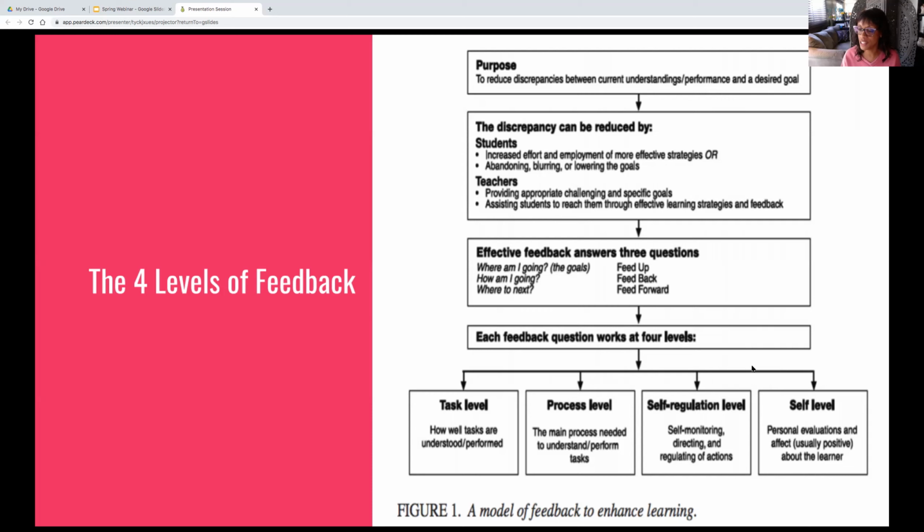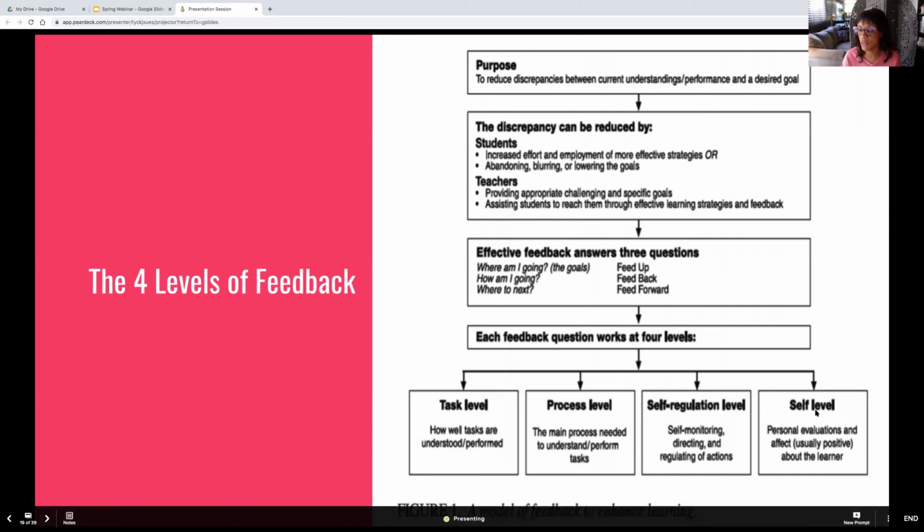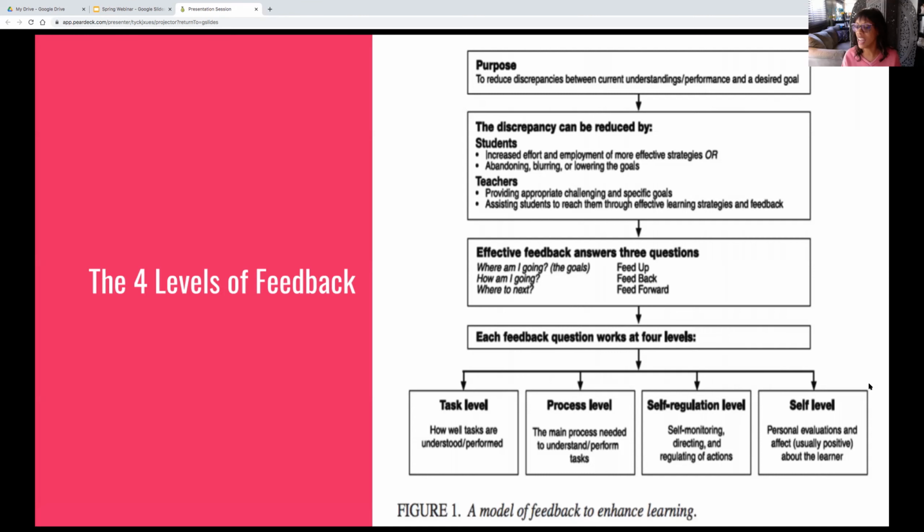I think that's very interesting, especially when they get to the self level. I think that's our ultimate goal, and I think that's very interesting when a child is able to be self-regulated and they're able to evaluate themselves at the same time. And in math, that happens very few and far in between. So, as math teachers, we get excited about stuff like that. Any questions? Any comments? No? Okay. All right.